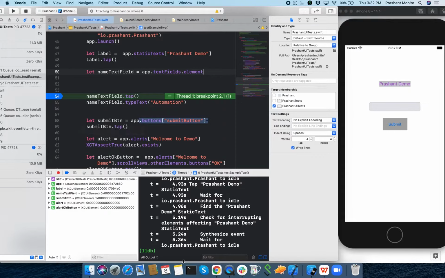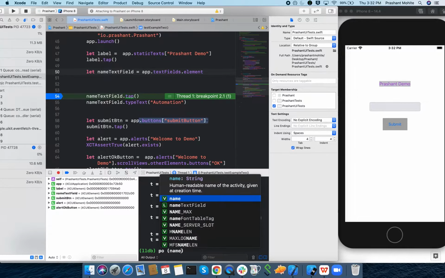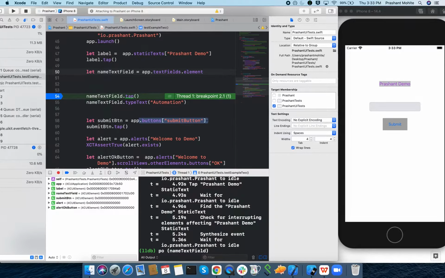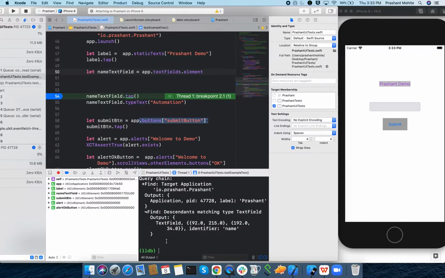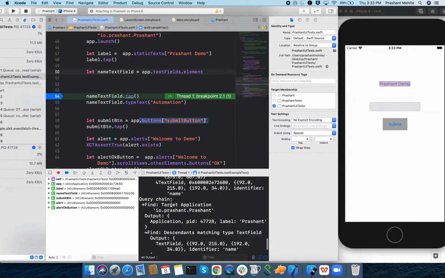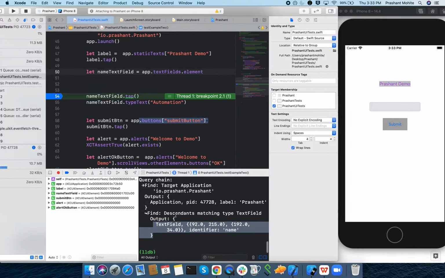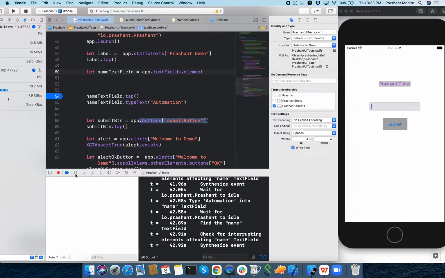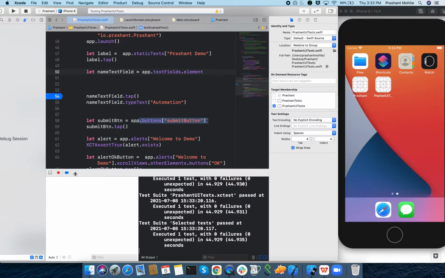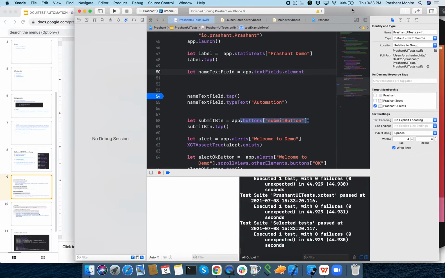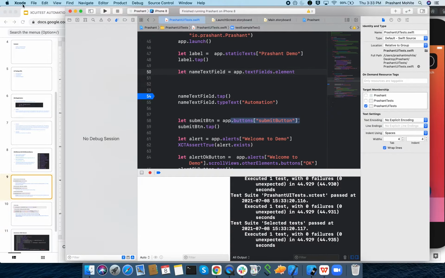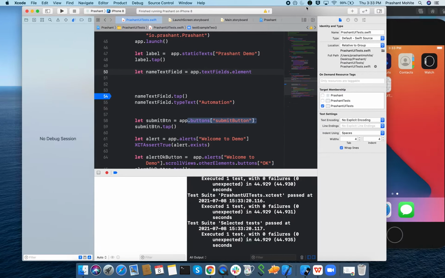Now if I print the name text field, we'll see how many we have found. You can see my query has found one element, which is a text field and which has the identifier name. So this test case will work. See, there is only one element it has found. If I run it, this will run, because there is only one text field in it.